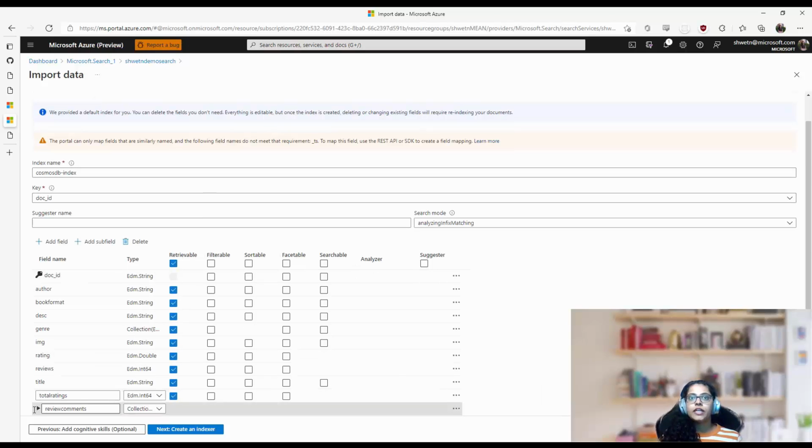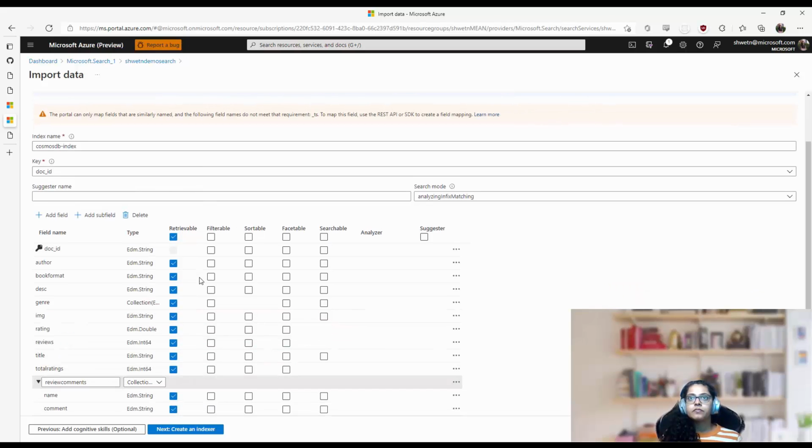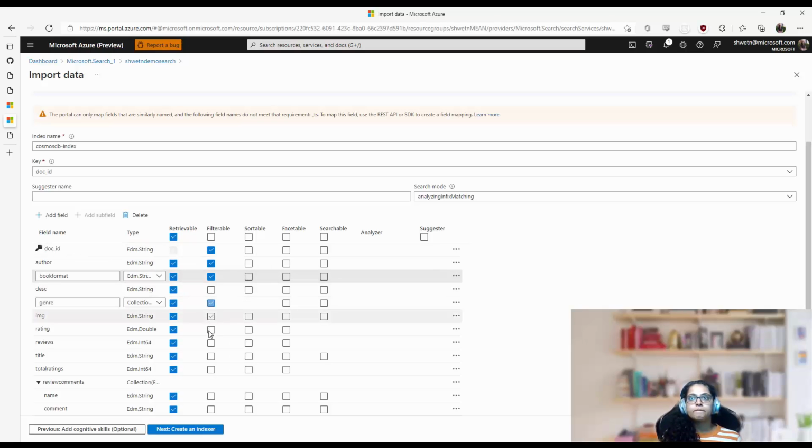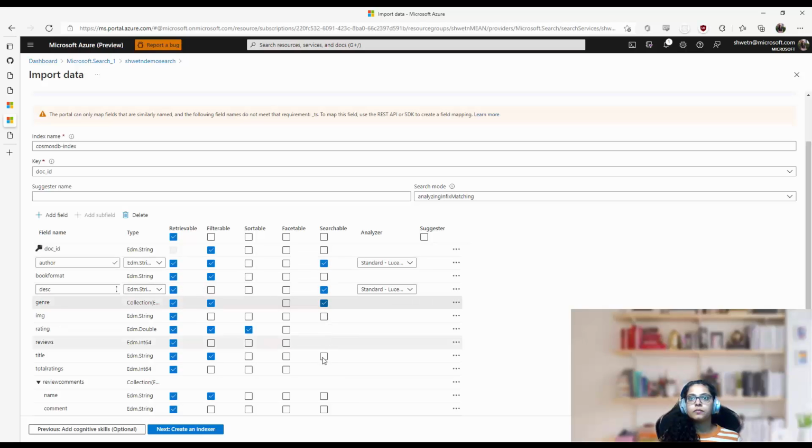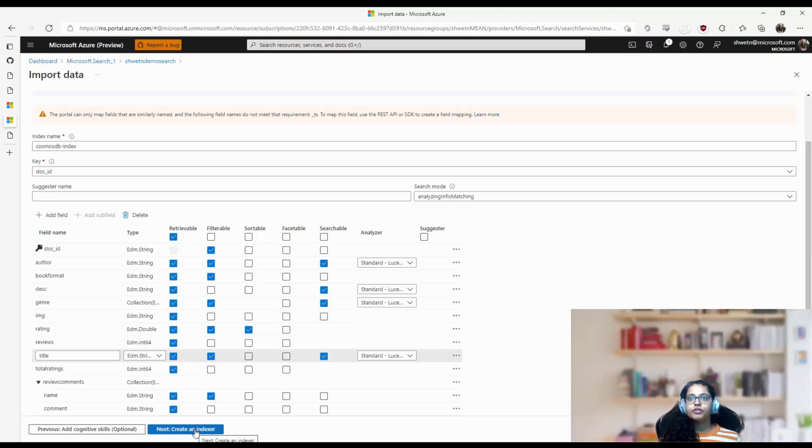And I'll choose all the attribute settings that I want in this indexer. Okay, that's what I want in the search indexer for the current application.